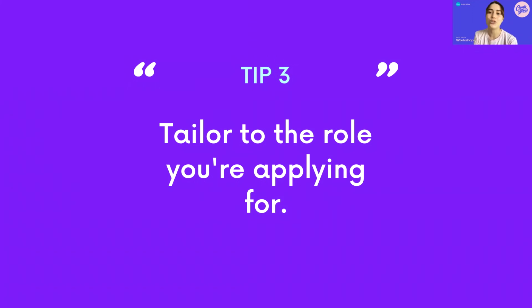Tip 3 is to tailor your resume to the role you're applying for. Each role that you apply for will be completely different to the next. And every business has different values, is at different stages of maturity, and has different goals and expectations of the people that they hire. A startup, for example, would most likely value someone agile who's comfortable navigating ambiguity, whereas a